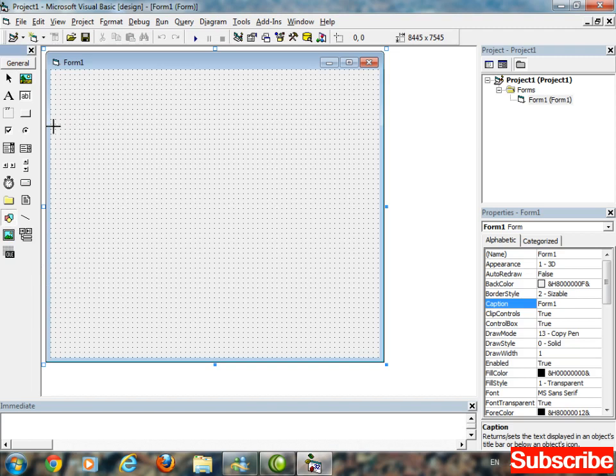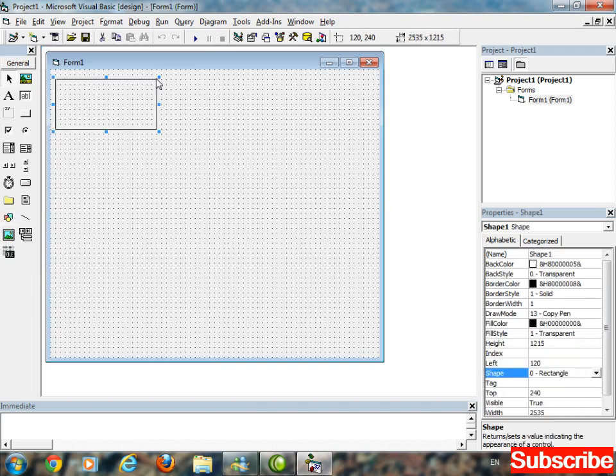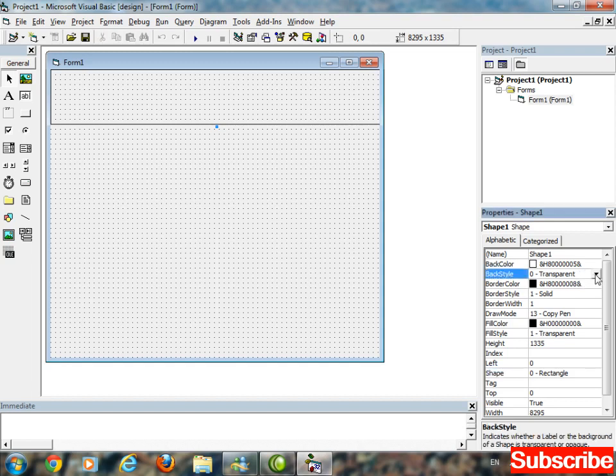Select a shape from here. Okay, change the back style. Change the back style of the shape from transparent to opaque, so the color will be visible. Now you can change the color of the shape. Back color.